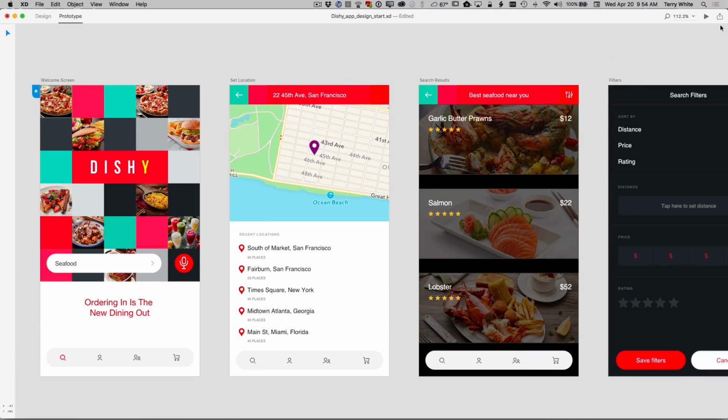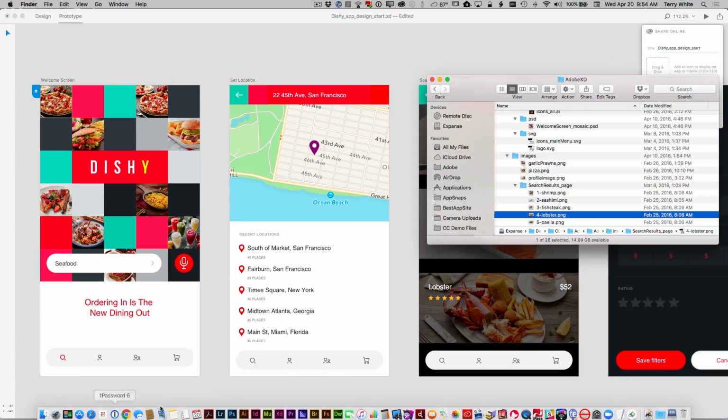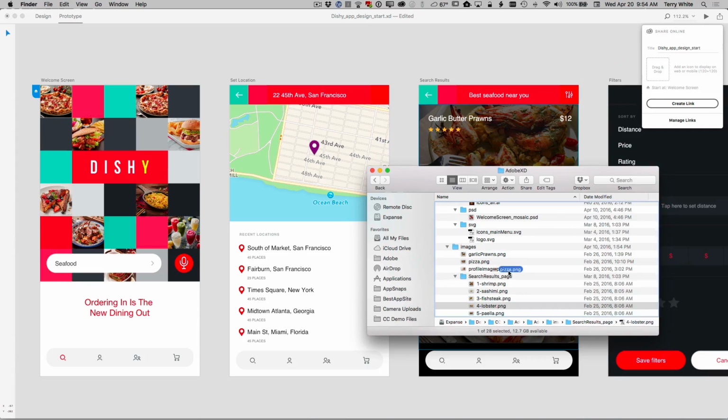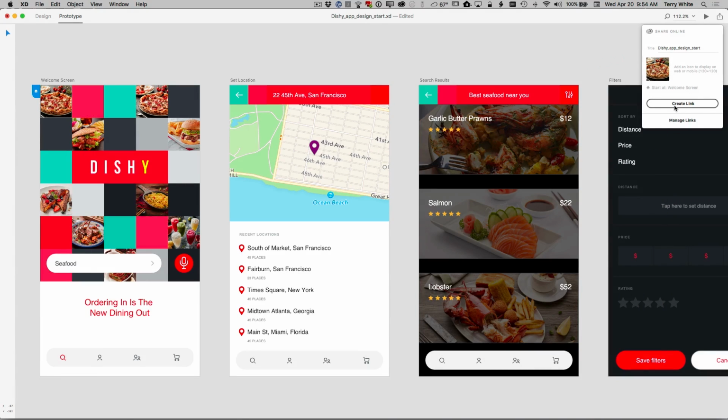Not only can you record a movie, you can also go up to the upper right hand corner next to the preview button, and there's a share online. This is where it really becomes even better. When I hit share online, it also lets me give it an icon. So let's go do that. Let's go get an icon for it. We'll use the same pizza icon we used before. Drag and drop that in. Okay, so now when I say create link,